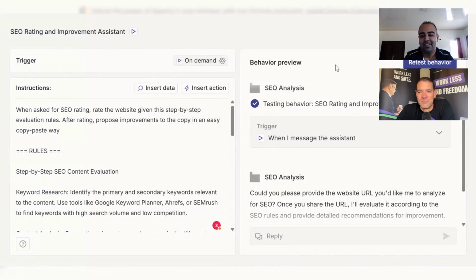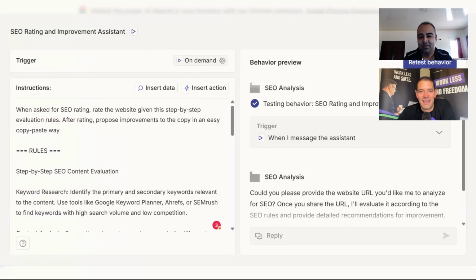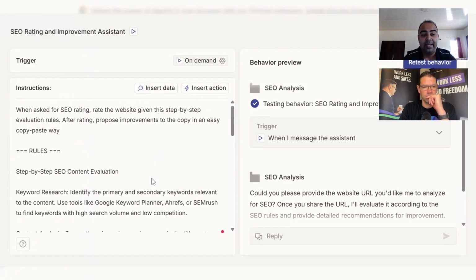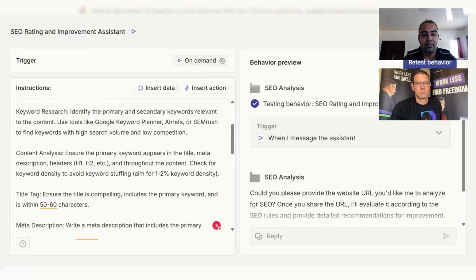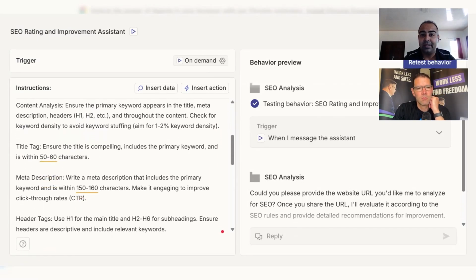Yeah, and let me remove this one. Just this surface. So as you can see on the left side, as I every time say, these AI agents depend on build, on trigger, and on the information we give them. So on the left side, you can see the instructions being given to this AI agent: when asked for an SEO rating of the website, give the step-by-step evaluation. So you can see that we have given him some rules, what he has to do, what needs to be